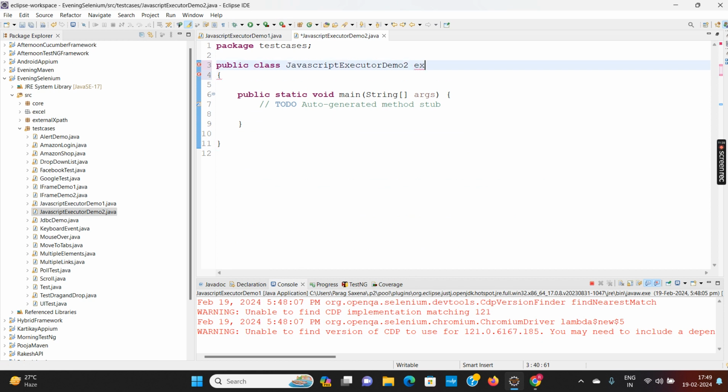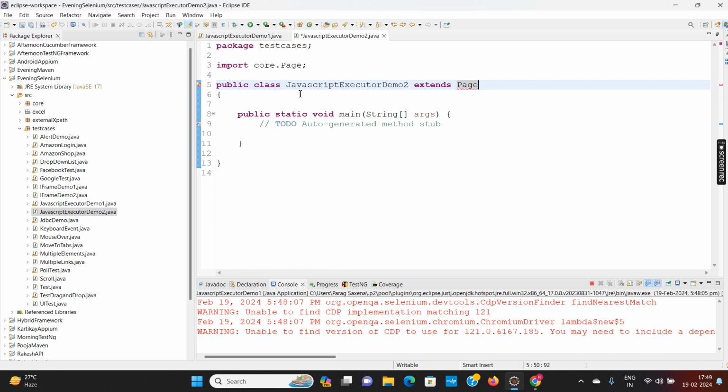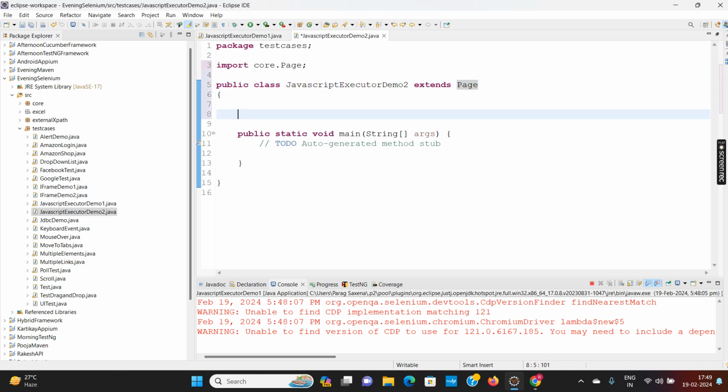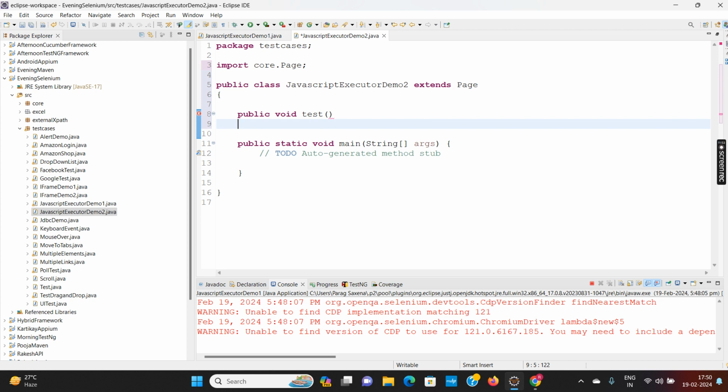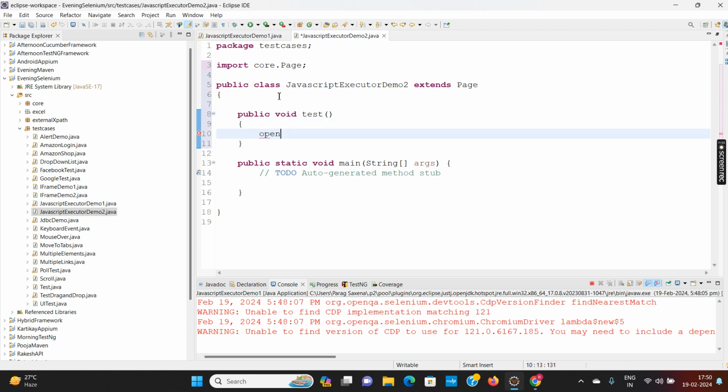Same, extends Page, inherit Page.java, write your own method, open browser,